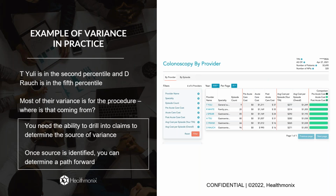No, I think that at this point, what you do is you need to drill in, as you're saying, to look at where the variation's coming from. So if you identify, in this particular case, we do see that it's at the procedure level. It's not post-acute necessarily. It's not pre-acute, although I don't think colonoscopy has a pre-acute period. But yeah, in this case, you'd want to look at, so what's happening